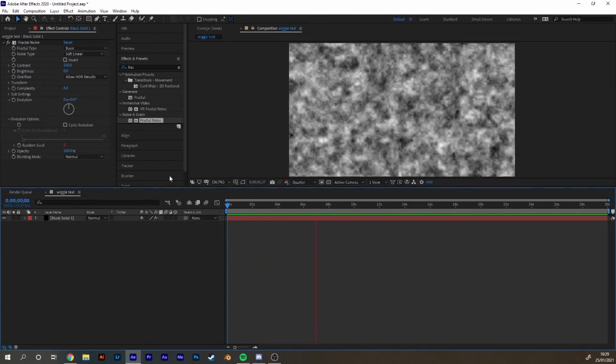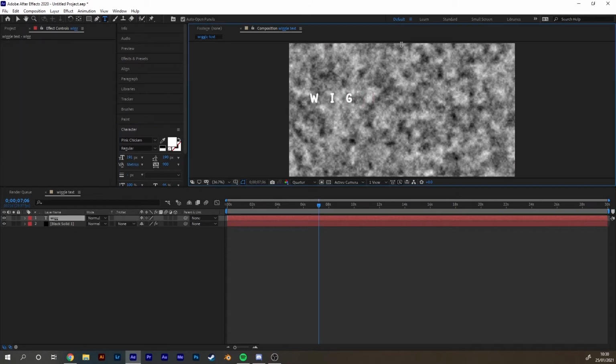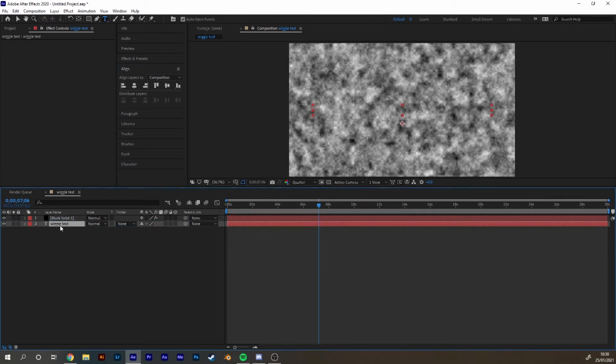Okay, next let's pause that and hit Control T to get our text tool, or you can find it at the top up here. Just type out your text and align that horizontally and vertically, and drag that below the black solid. Okay, what we're going to do next is pre-compose it, but the reason we've added the text, even though we can't see it, is because we pre-compose it